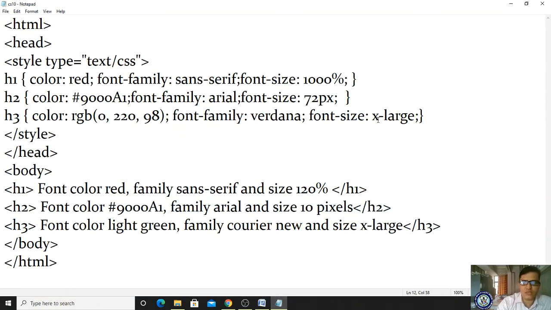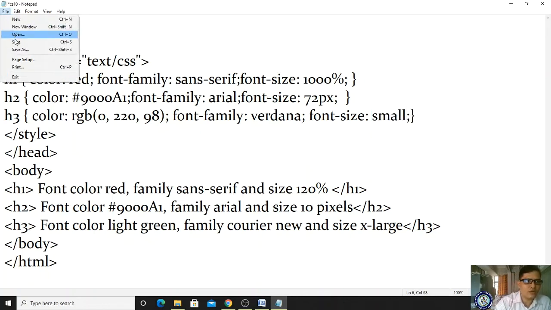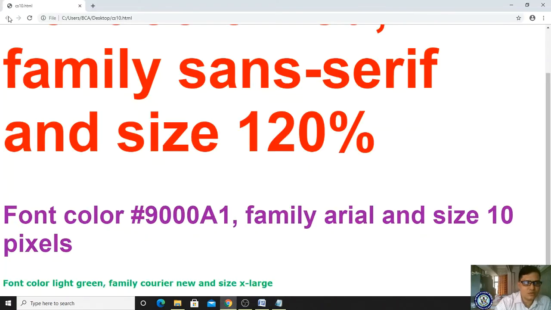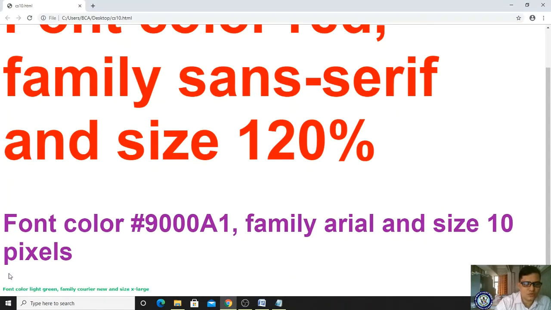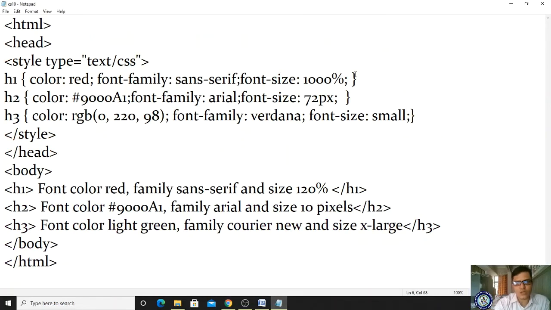If I make it small, you will find the keyword small. I'm refreshing, so the style has changed into small, right? So likewise you can modify your font.